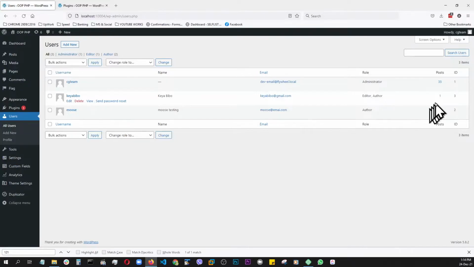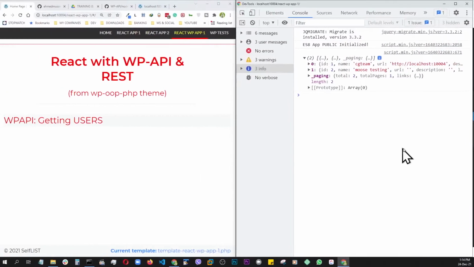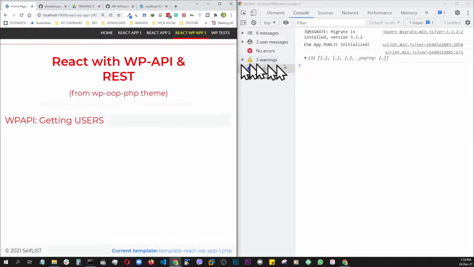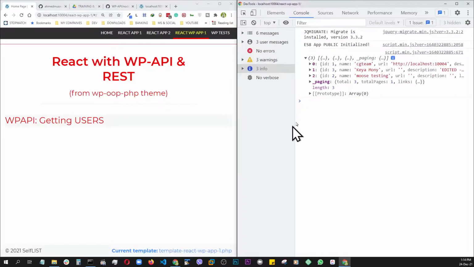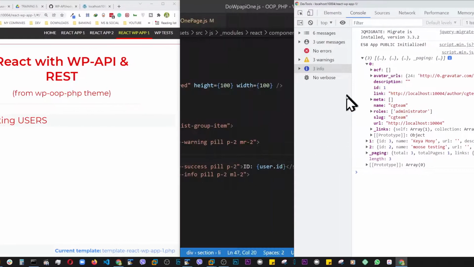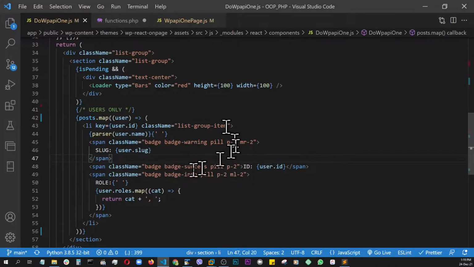Okay, so now this user also has 1 post attached to it. Now let's go refresh again, and now we have 3. There you go, all 3 of them are here. All right, so now I can go ahead and, according to this data, make the changes to the view and see what comes up. All right, so I have made the necessary data changes